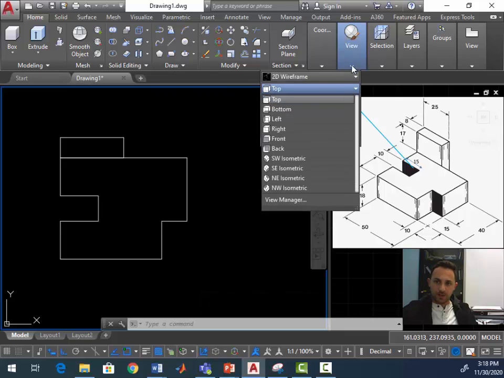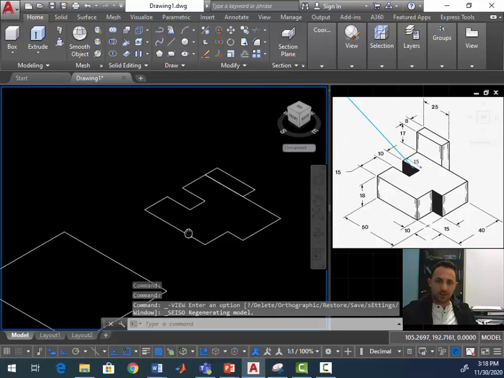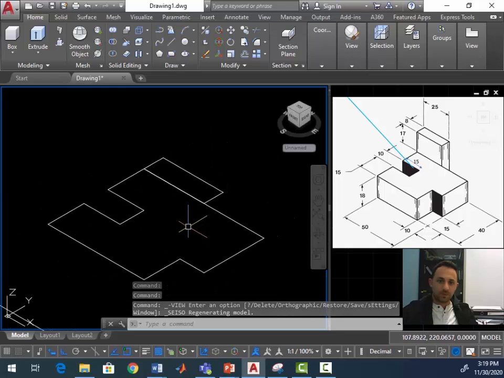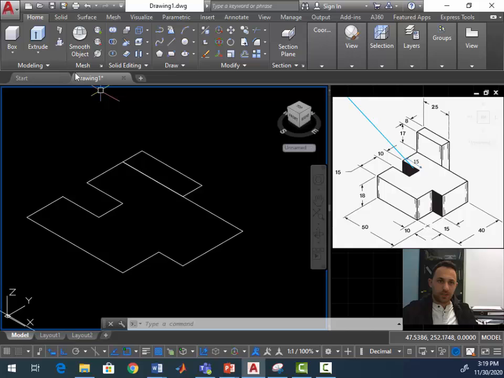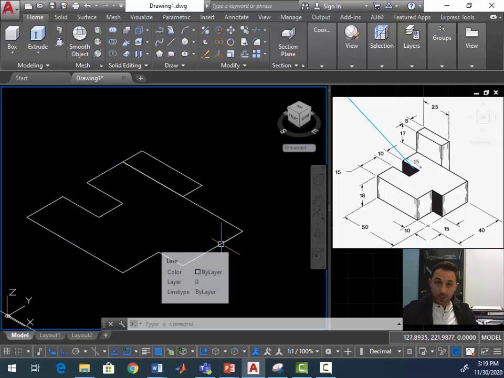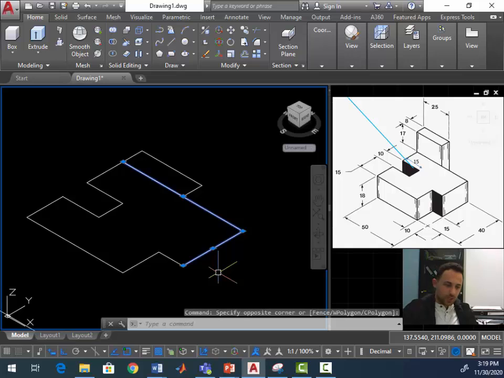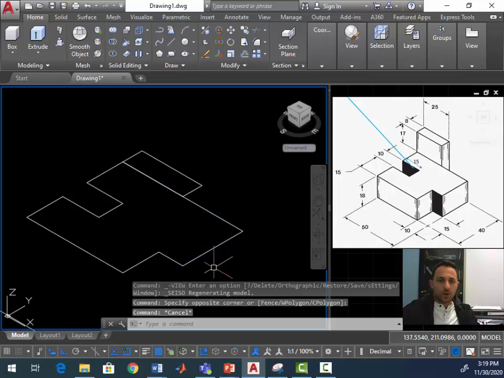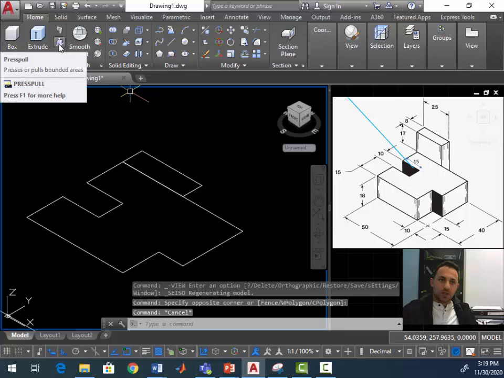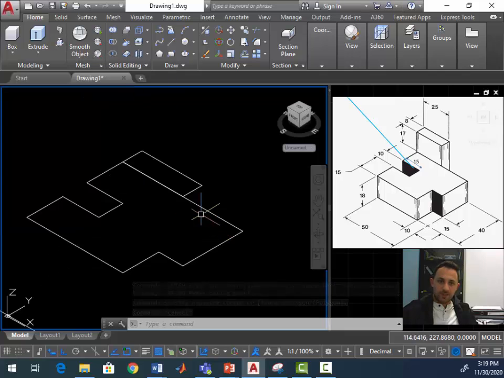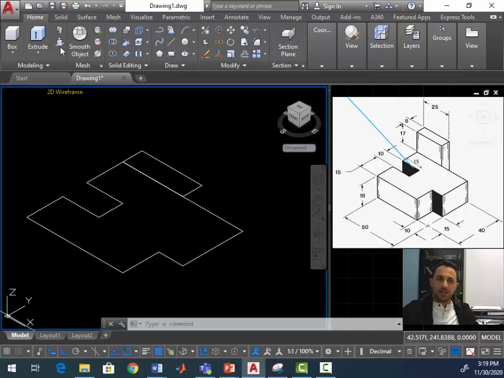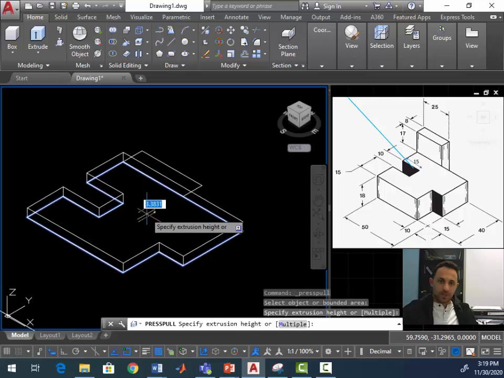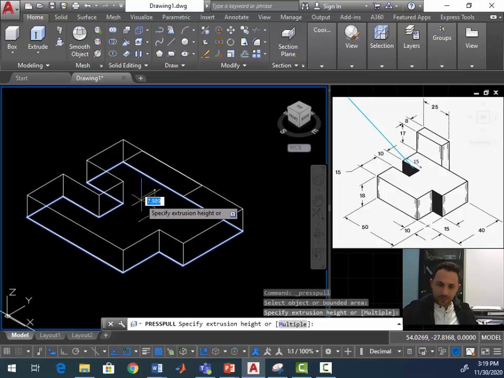Now I can switch my view from the top to isometric, and start extruding the object. If you want to use the extrude, make sure to have all those sides joined. Okay, so you can join them together, or directly use the press and pull. The press and pull will join the lines and then perform the extrusion. Okay, so I can directly extrude this one by 18,